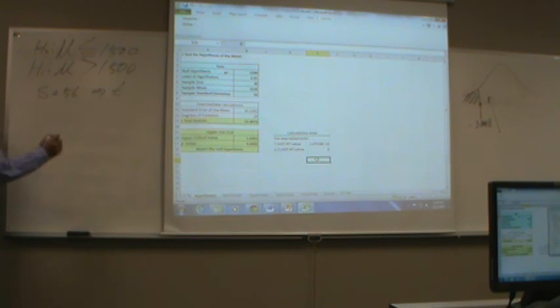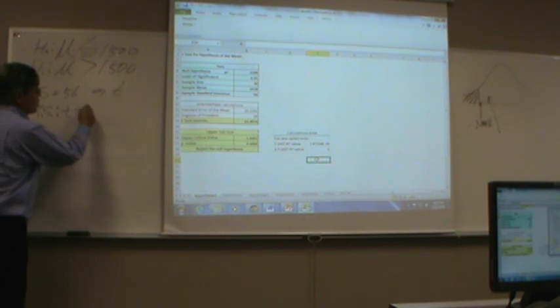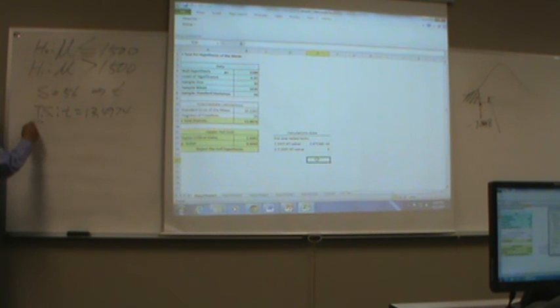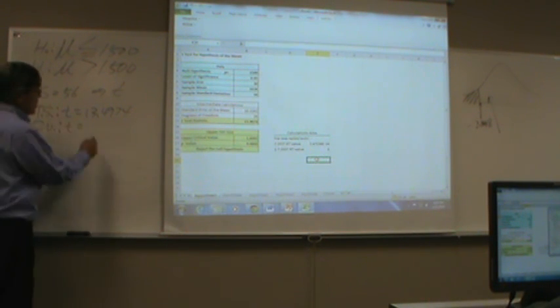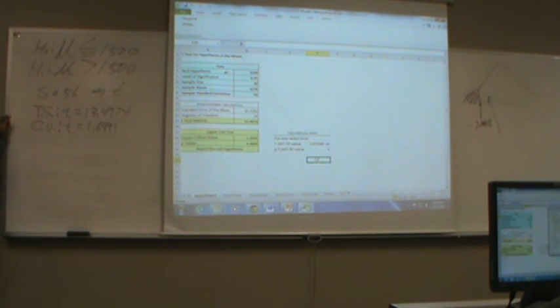Okay, test statistic T equals 13.4974. Critical value T equals 1.6991. Upper tail, right tail, the critical value should be